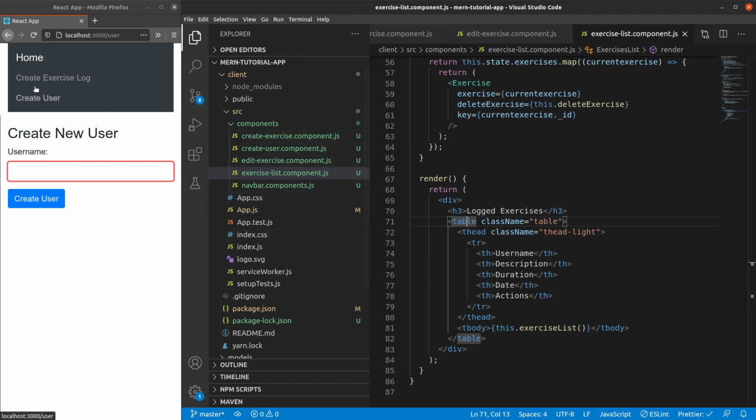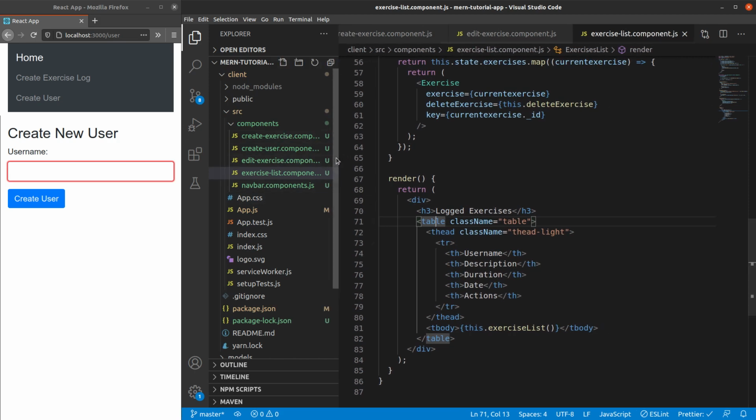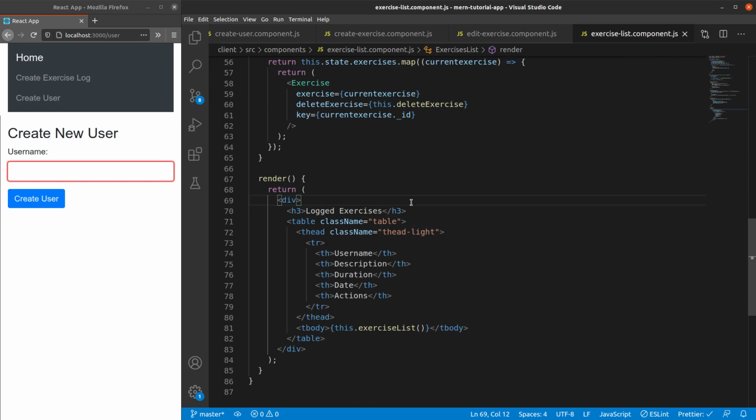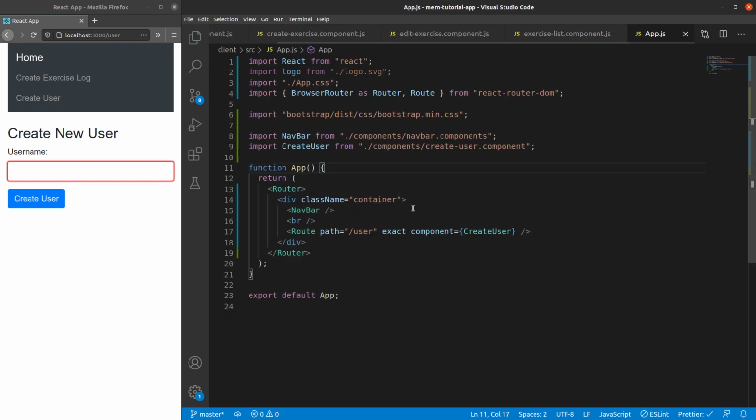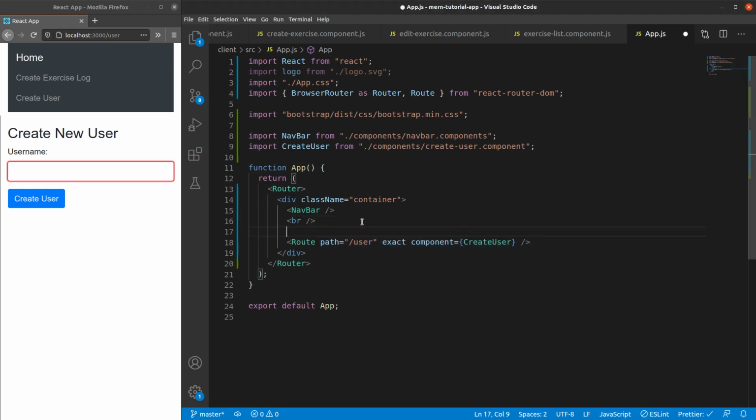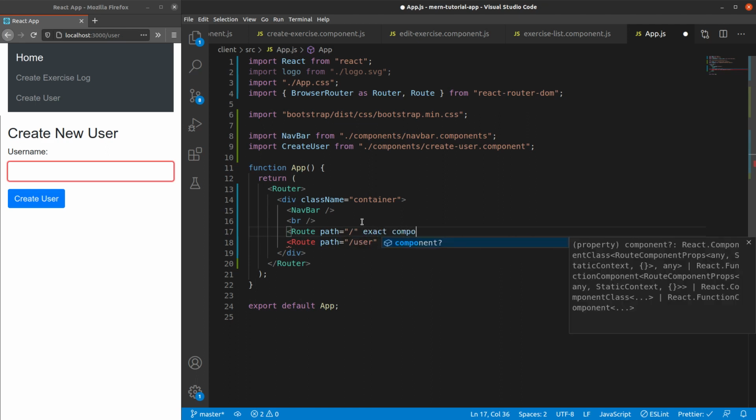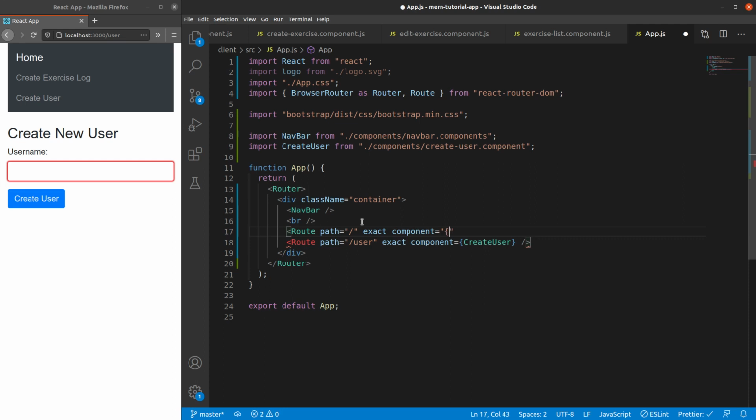And so we want to complete this part to actually land on one of these components which we want to show in the application. So let's go to app.js, where we will be defining the routes for each of the components. Okay, so let's define the route for the home page first, where we want to just list down all the users or user logs. Okay, so exact component, we'll come back to what exact is.